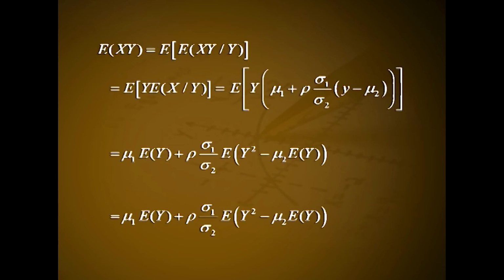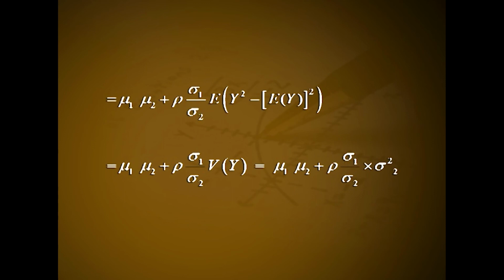as follows. We have expectation of xy equal to expectation of expectation of xy given y, that is equal to expectation of y into expectation of x given y, that is equal to expectation of y into mu 1 plus rho sigma 1 by sigma 2 into y minus mu 2, that is equal to mu 1 into expectation of y plus rho into sigma 1 by sigma 2 into expectation of y square minus mu 2 into expectation of y, that is mu 1 into mu 2 plus rho into sigma